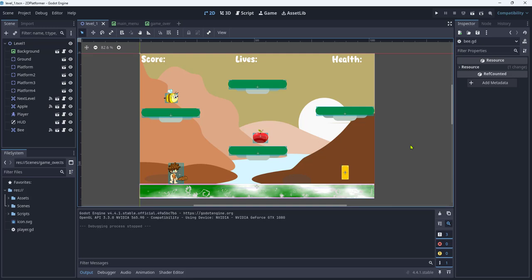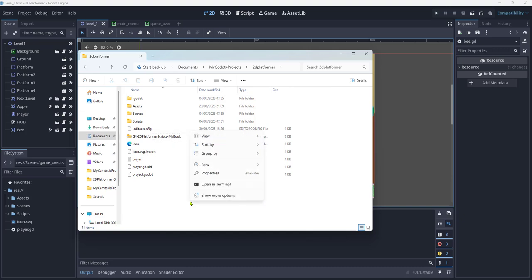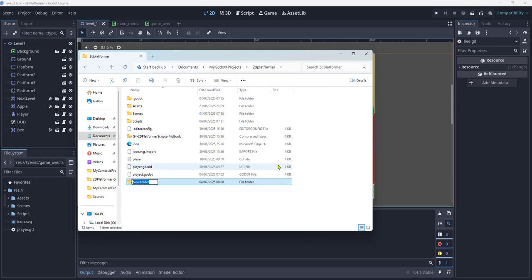To prepare for the export, we need to create a series of folders. In our project that we've created so far, we created an assets folder, a scenes folder and a scripts folder. We need one other folder as a root folder called exports. So if we create a new folder, call it exports,